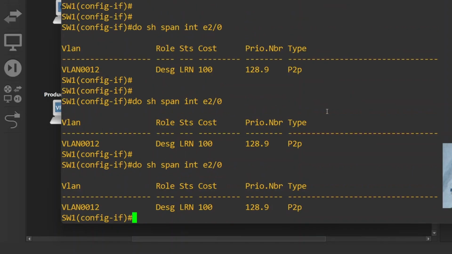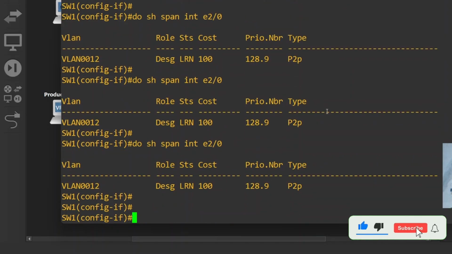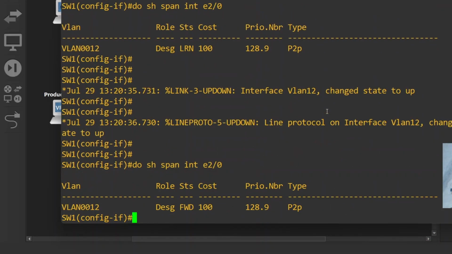So we let it go to forwarding. I'll bring it down, and then I'll connect it again, and then you see. Okay, you can see now it's up, so it's forwarding now. So what I'm going to do now, because this is not efficient enough,